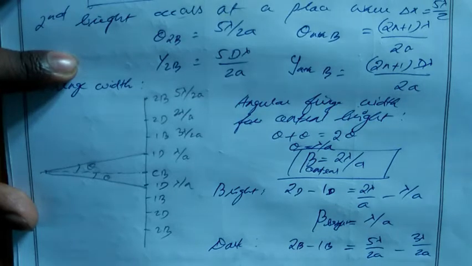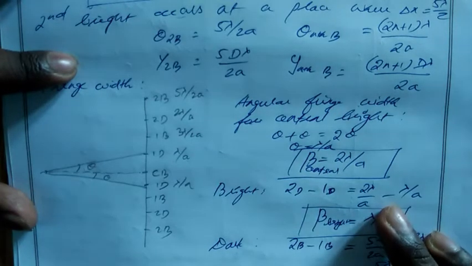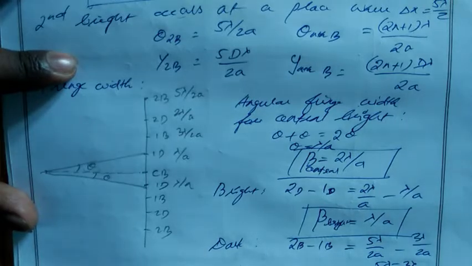Taking 2a common, 5 lambda minus 3 lambda is 2 lambda by 2a, the 2s get cancelled, and then lambda by a is the width of dark. So if you see here, both bright fringe and dark fringe have the same width, lambda by a,